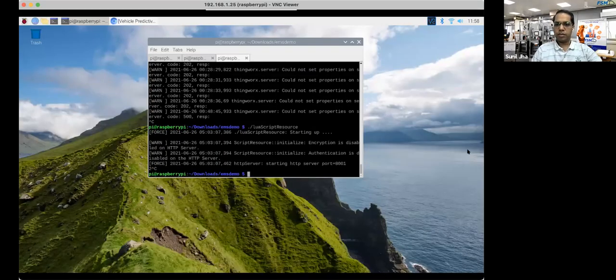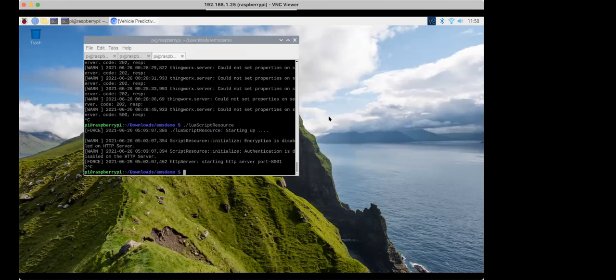And then there's a file which you can download from ThingWorx to convert it into a micro edge server. I'm sure you are able to see a remote desktop screen of the RPi device. Is that visible? Yes, sir, it is visible.